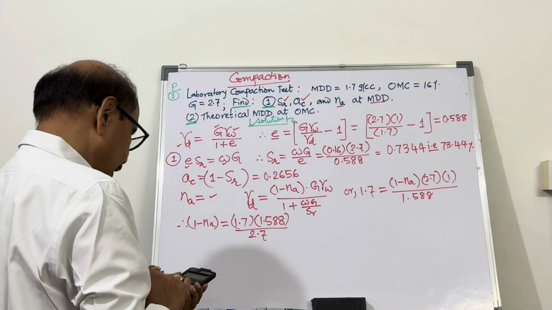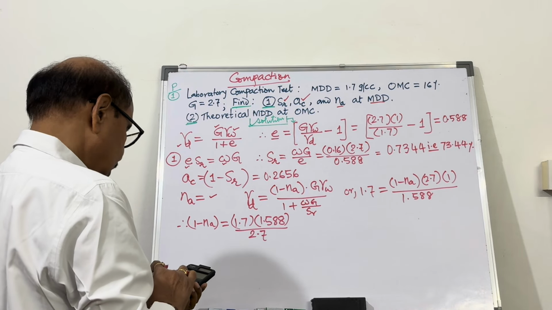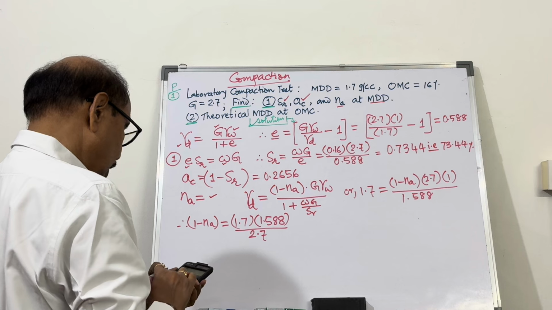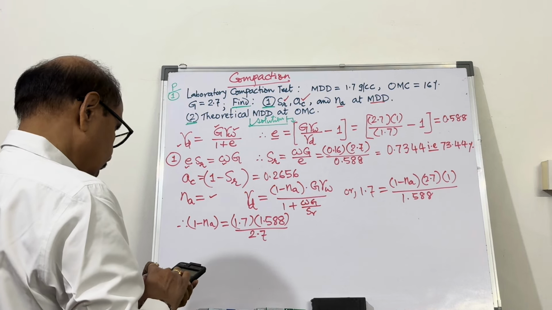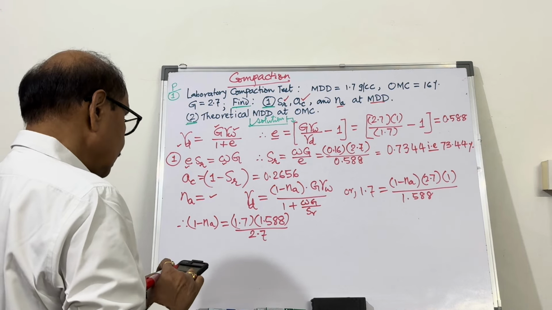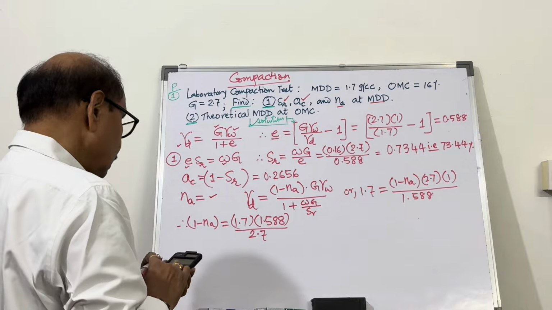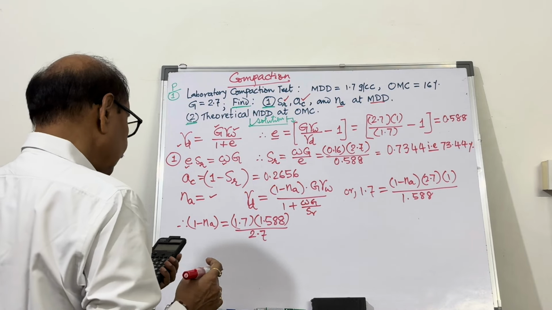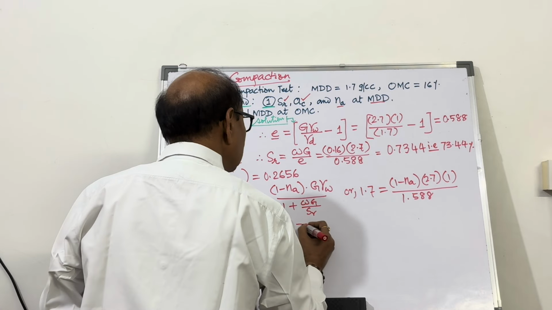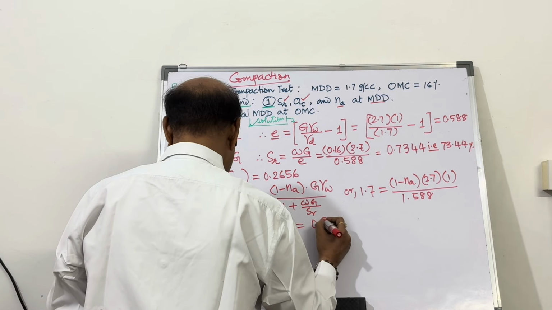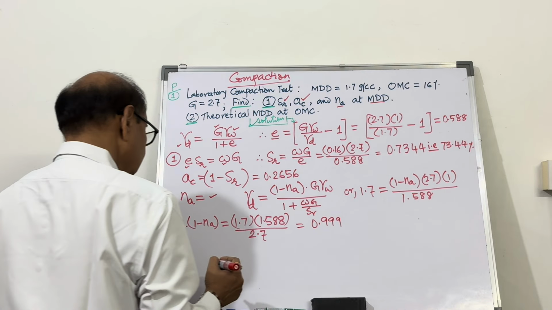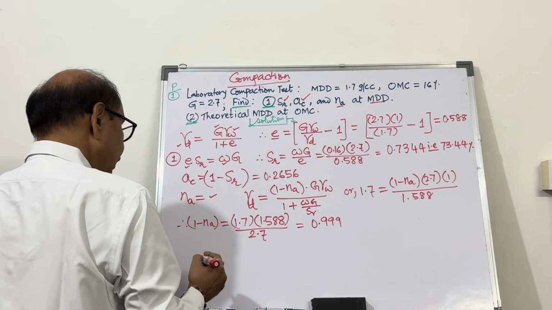So if you calculate 1.7, 1.588, 2.7, this gives you 0.999, and therefore